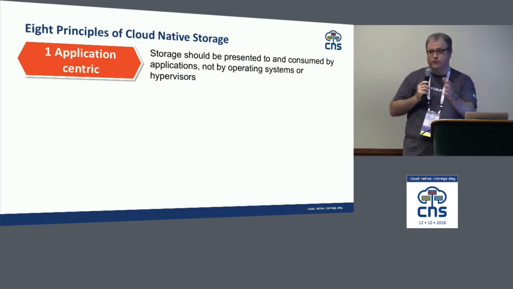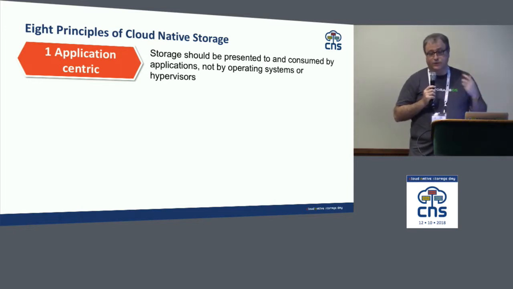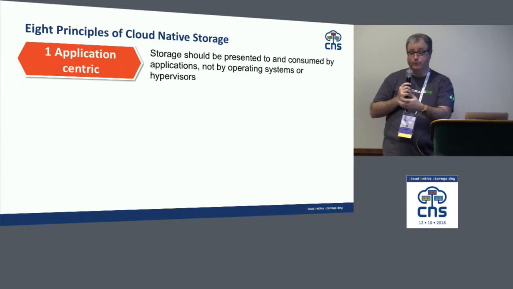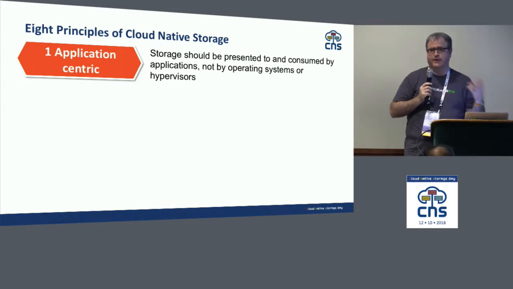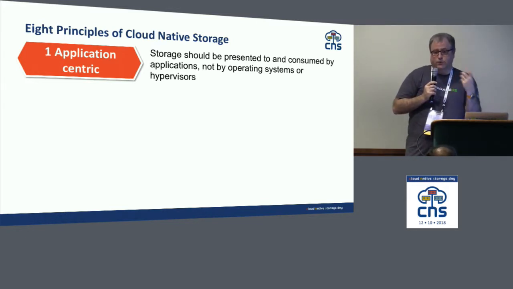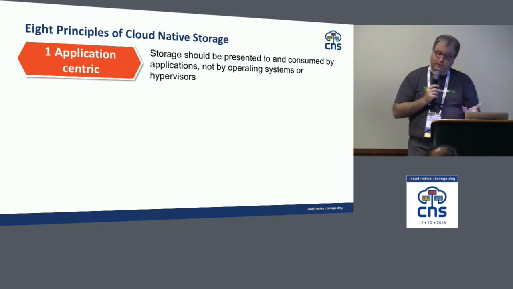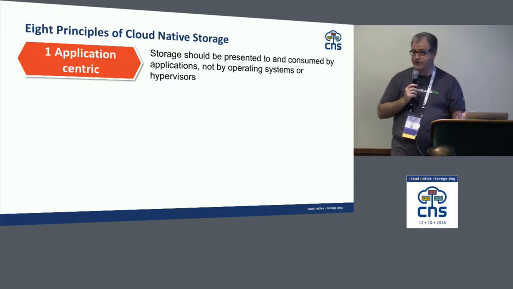The first thing, which is completely different with cloud-native storage, is that it needs to be application-centric. We're moving away from an environment where storage was presented to operating systems or hypervisors or VMs, and that storage was tied to that individual node. Not only that, it was tied to wherever that node had its storage fabric, or whatever connectivity those specific nodes had to that storage system. So you now have this really complicated environment where an orchestrator has to bifurcate where the application can run and where the storage actually is, and then try and make those decisions. But what you really want is storage to be presented to applications, and as the application moves, the storage can move with the application.